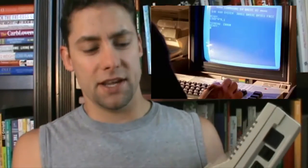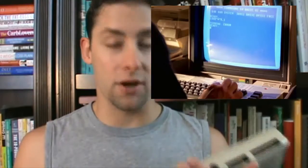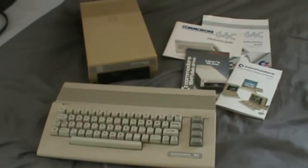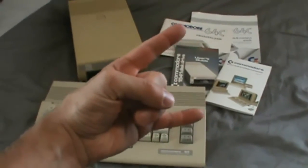But anyways, I picked this up somebody had it on sale on a Kijiji ad, which is basically Craigslist. And actually it boots up really nice, works really well. I got a disk drive with it. Sadly, I have no games, so no cartridge games. A little bit dusty there. No floppy disk games or anything, which is sad because I really want to get into gaming on this